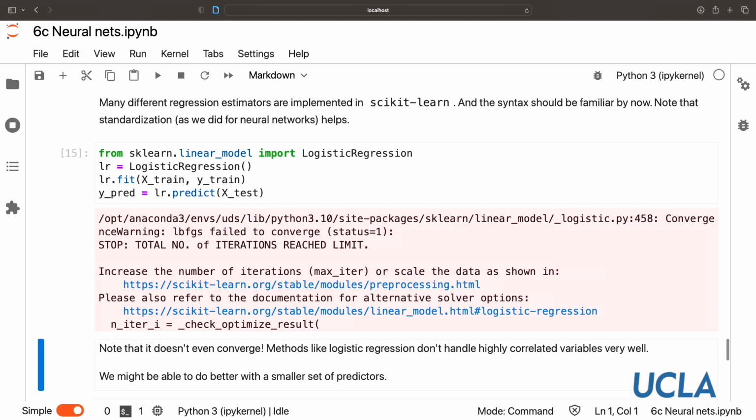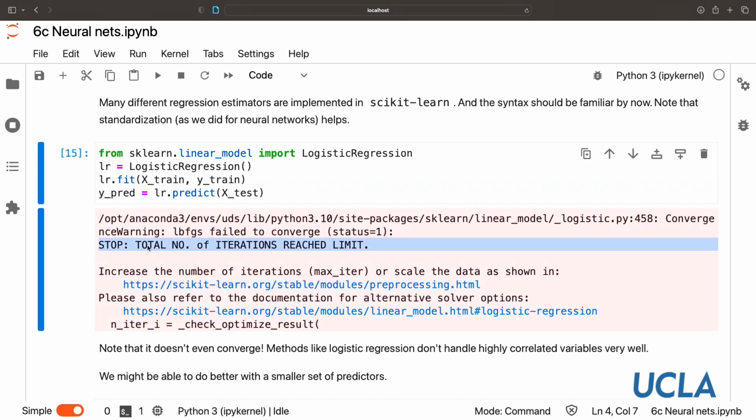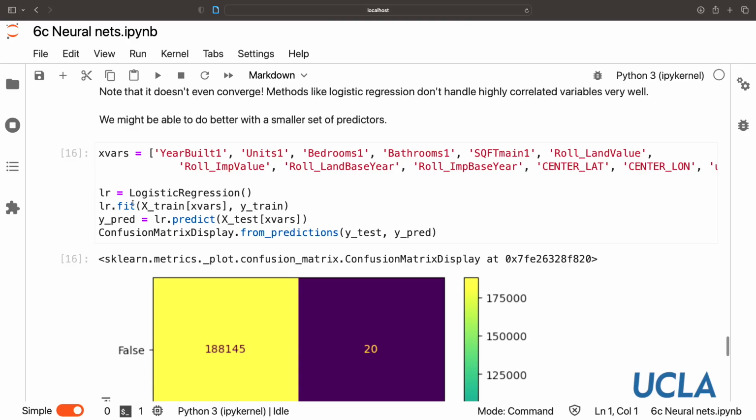So notice we get an error here. The algorithm failed to converge. The total number of iterations reached its limit. And this is probably because methods like logistic regression really don't handle highly correlated variables very well. If you remember, we threw in the kitchen sink to this model. We threw in all these subcategories of agricultural uses, of number of bathrooms and number of bedrooms. Very correlated variables are fine for a neural network or a random forest to deal with. It throws out the ones it doesn't need, but it's hard for logistic regression. So let's see if we can do better with a smaller set of predictors,